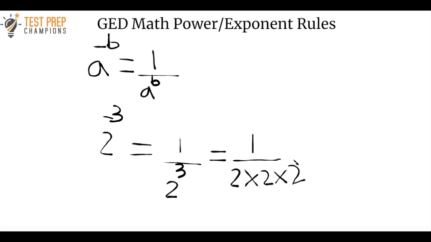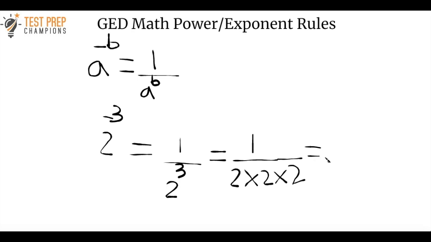So why do I have 2 times 2 times 2? Well, again, there are 3 2's here, and we have 2 raised to the power of 3, so that 3 tells us that 2 has to appear in the multiplication 3 times here. Okay,